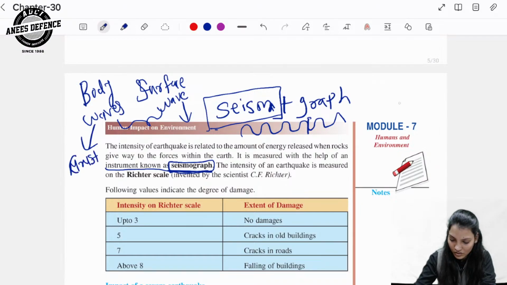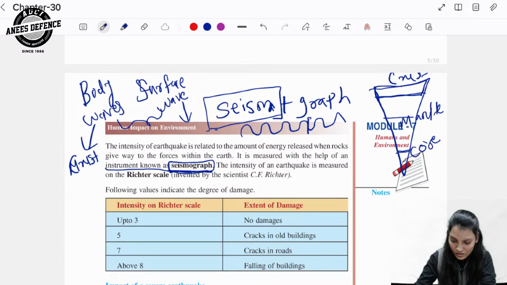If you look at the structure of the earth's interior, the very first layer is the crust, the second layer is the mantle, and the third layer is the core. So within the body of the earth there are waves which are called body waves, and on the surface,